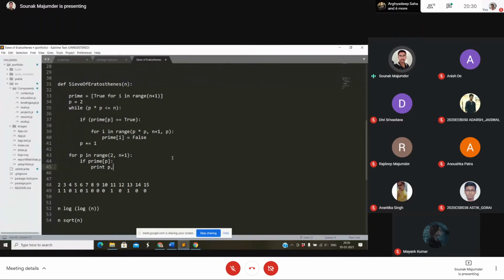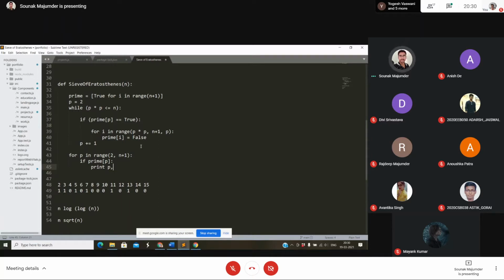So if you see that the range is 10 to the power 6, 10 to the power 7, or even 5 into 10 to the power 5, and you try to do it in Java or C++, which are much faster than Python, N log n will mostly give you TLE in Python. I know it is very disgusting, but it is what it is.